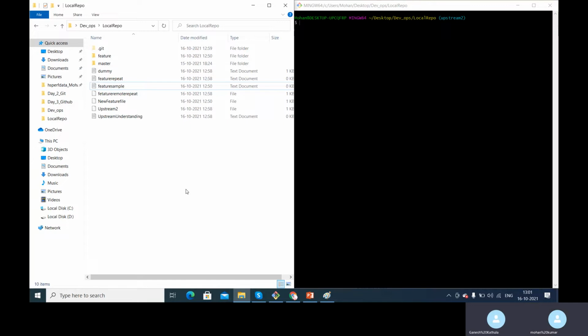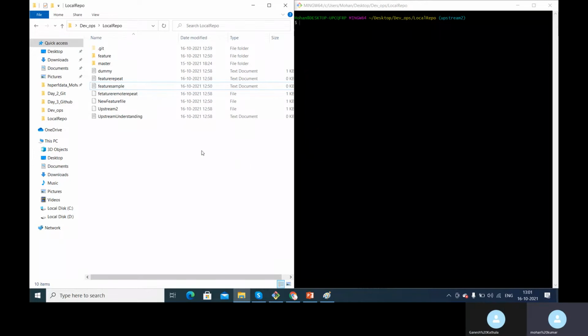Instead of origin, you can also give the URL. Origin is nothing but an alias for the URL. Every time we cannot give that lengthy URL, right? So instead of that URL, we just give origin. That's the reason when you use git remote add origin, origin is nothing but the alias for the URL. When you use git push, instead of origin, you can even give the URL and the branch name. Yeah, that is something we can do.